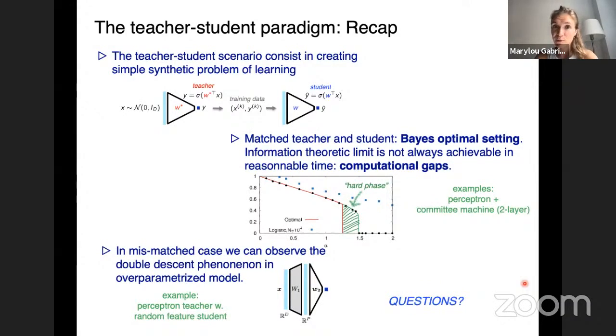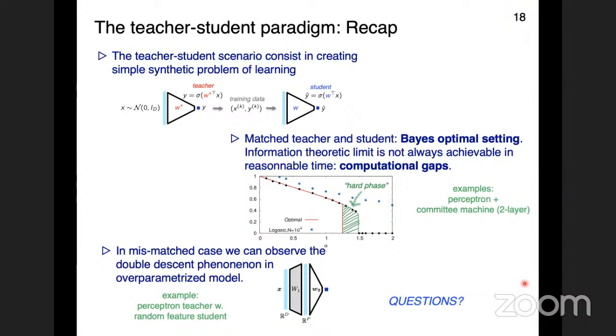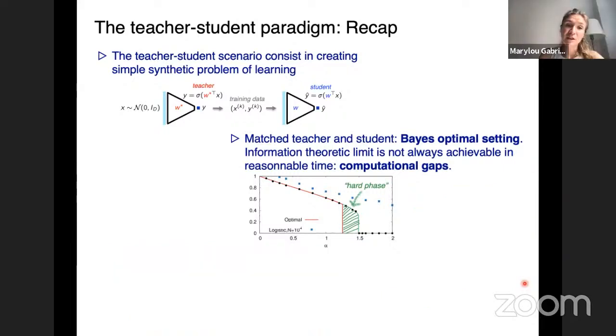And do you have questions maybe before we take a break? I have a question if no one else in the physical audience has it. I just wanted to ask you if you could maybe repeat why we observed the double descent phenomenon in the overparameterized model and not in the regression task and not in the classification. So, I mean, I don't